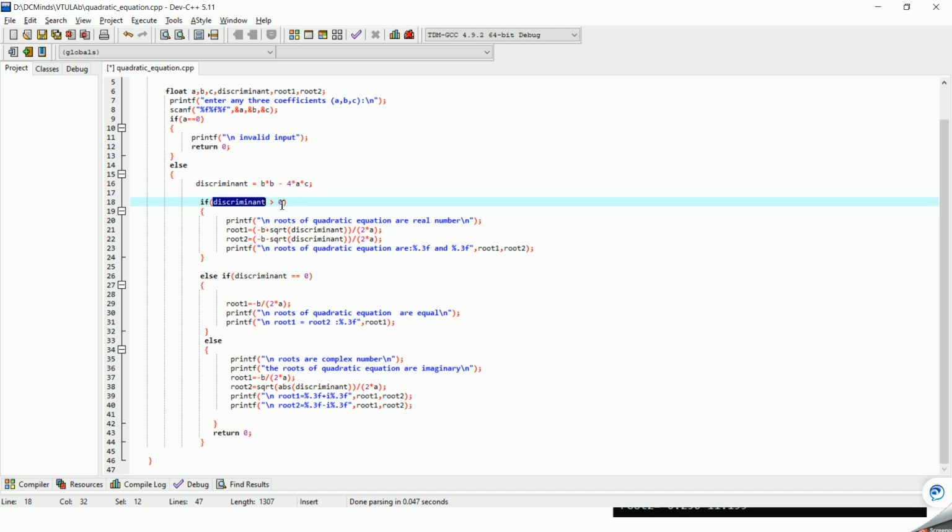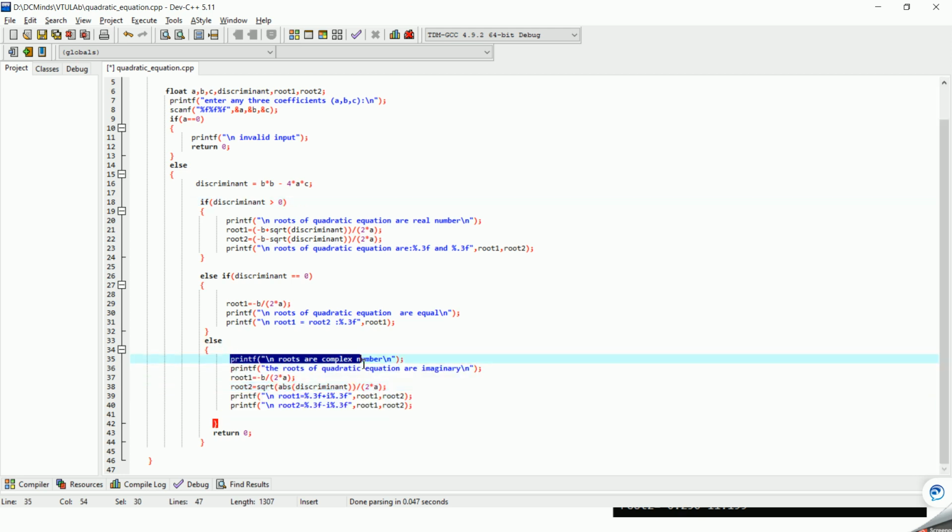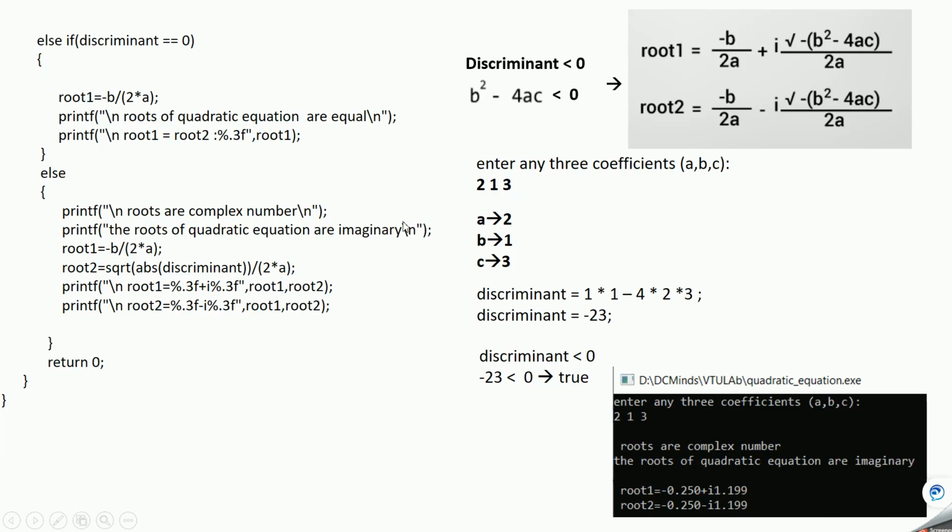So minus 23 is greater than 0, no, this is false. And minus 23 equal to 0, this is also false. So finally it will come inside this. Okay, so this line of codes are getting executed now. So in this case, case of negative discriminant, this line of code will get executed. Okay, so it will print this statement, then it will print this statement, and then it will calculate this real part that we discussed in previous slides,